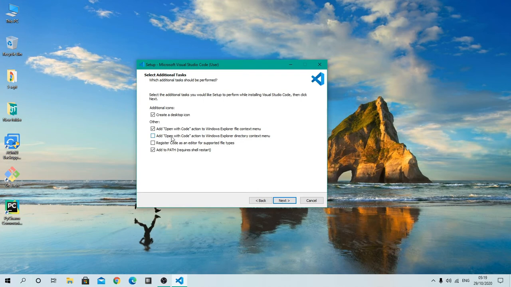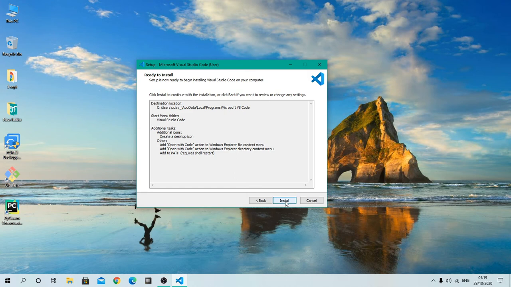I will also check this option for directory, and I will not register it as the default editor for all the files, and I will also add it to PATH. So check these boxes as I have checked and click on next.